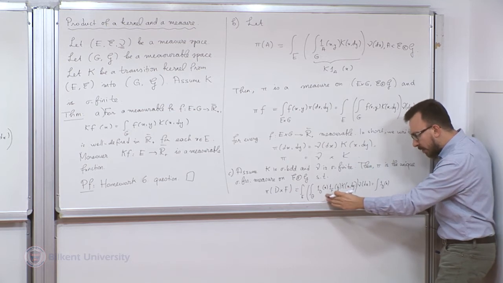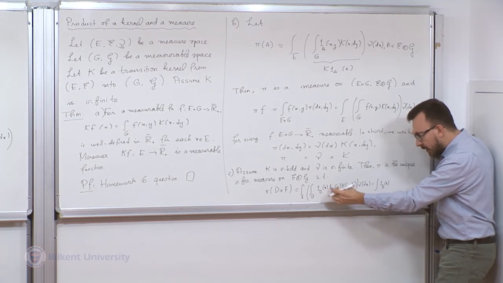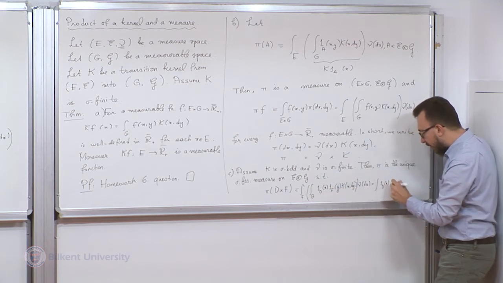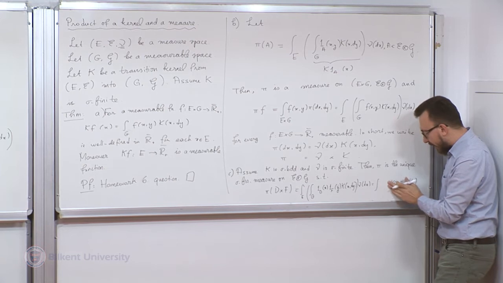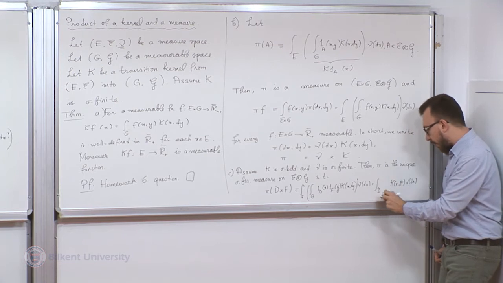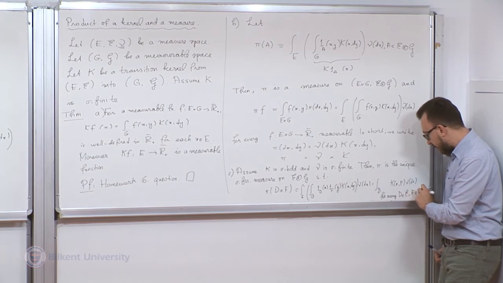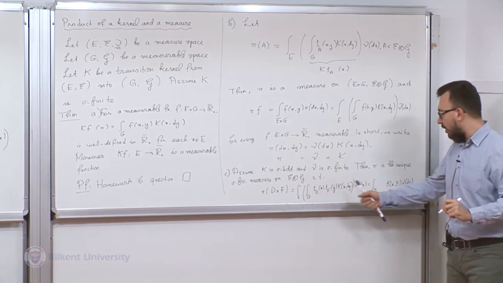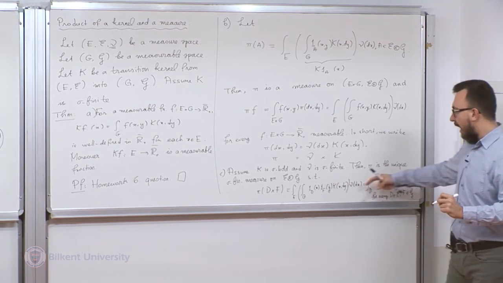And now what is the value of this integral? Well, for fixed x, this is just the integral of the indicator of a measurable function. So it's going to give us k(x, F). So now this is nu dx. So I can also write it as the integral over D of this form for every D in script E and F in script G. So that's the unique measure which gives you those values on measurable rectangles.